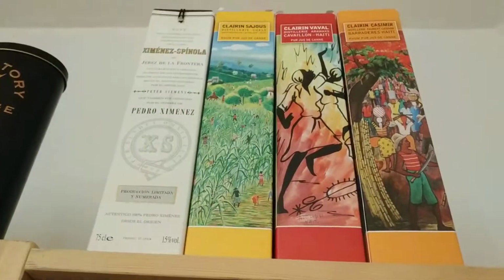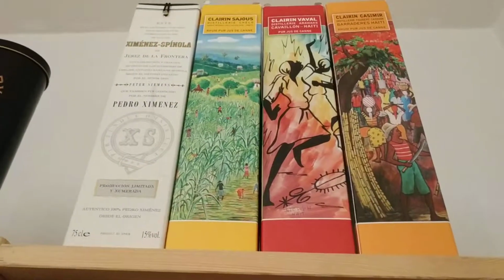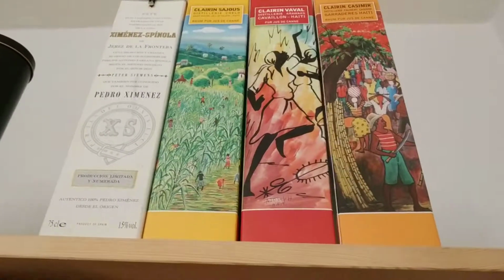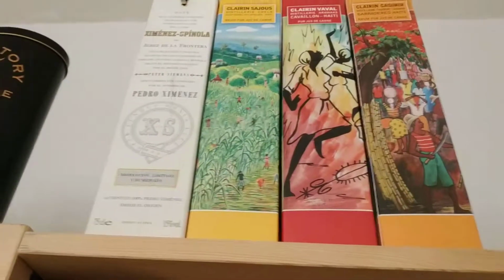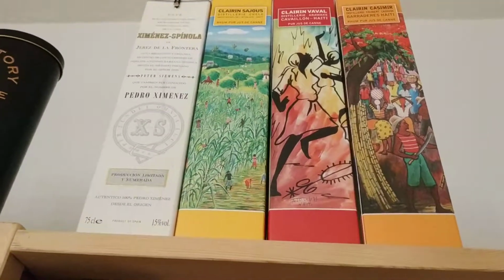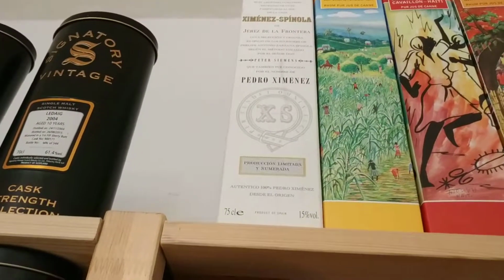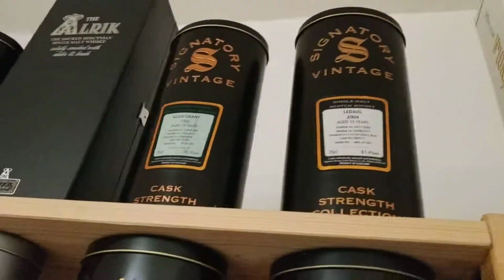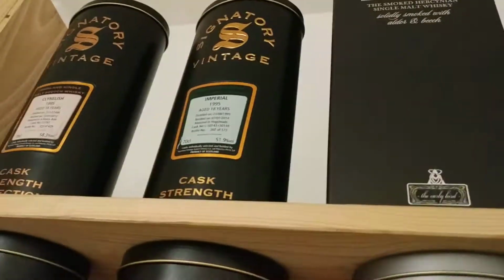And up there you got three, the colorful ones. The three are Clairins. That's Haitian rum. It's called Clairin, and there are three distinct craft distilleries, and it's very interesting stuff, very high ester count, so it's very fruity, with overripe bananas and such. Next to it, PX, it's not a whiskey, but actually Pedro Ximénez sherry. And next to it you got a couple of, you need to look at the other videos, a couple of